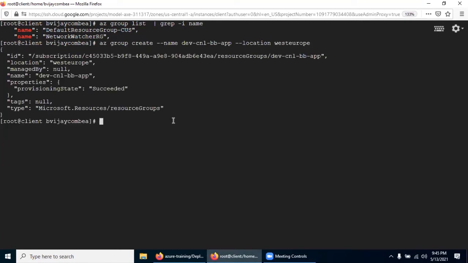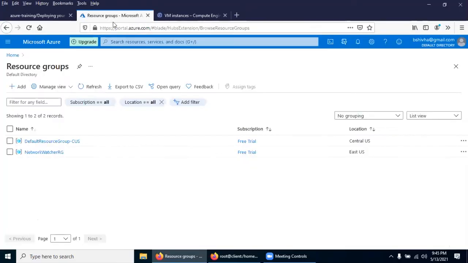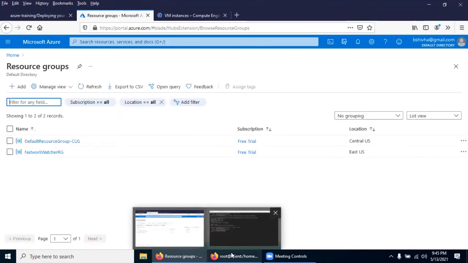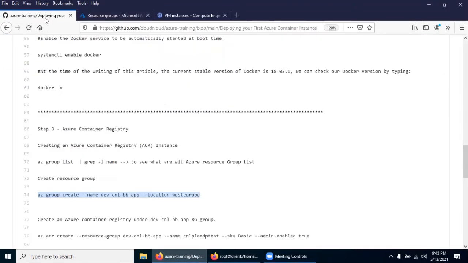It got created. Now we will see the list again. Yes, the new resource group got created. We'll also ensure here we are able to see it. Maybe it is taking some time.